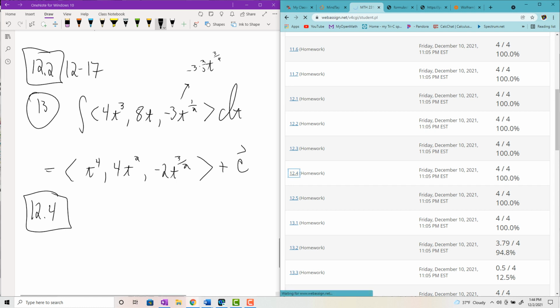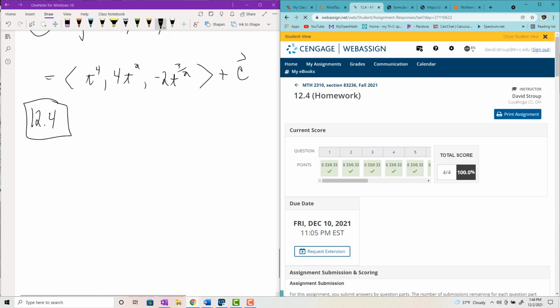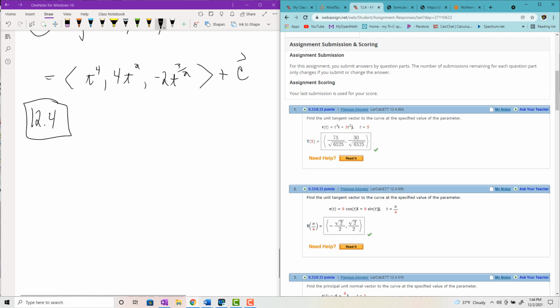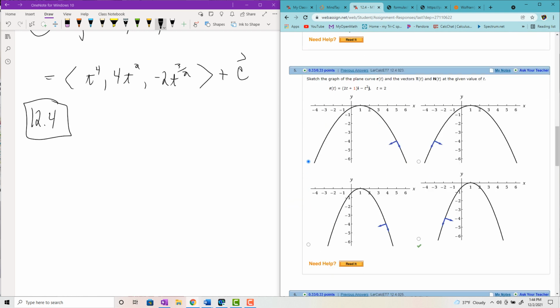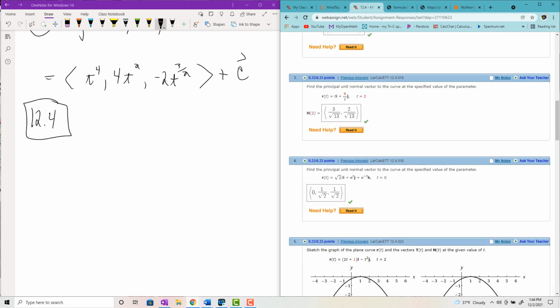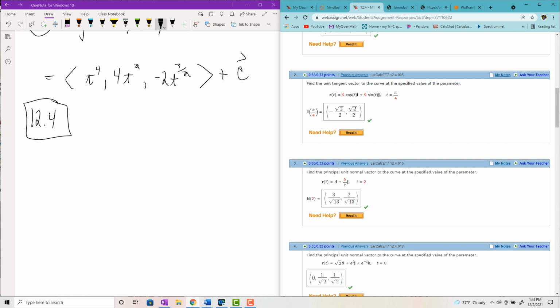So if I don't put it on my review, it's not going to be on the test. But 12.4, we get into the unit tangent vectors. Principal, sorry, I think I called it standard, but it's the principal unit normal vector and the unit tangent vector are what we're after. I'm not going to give you any of the space versions because remember those were quite